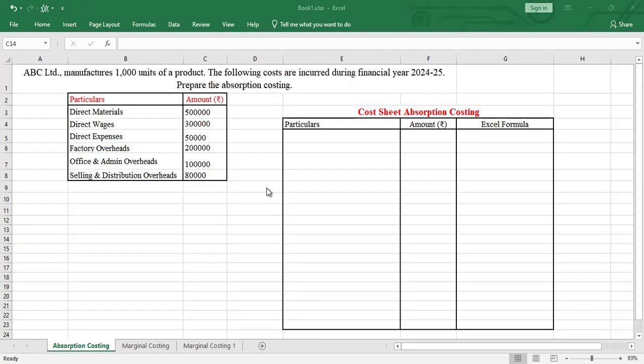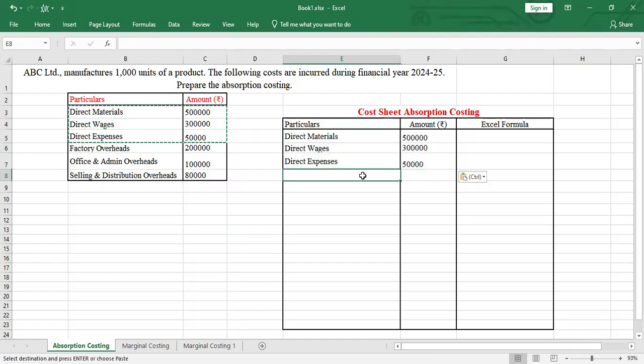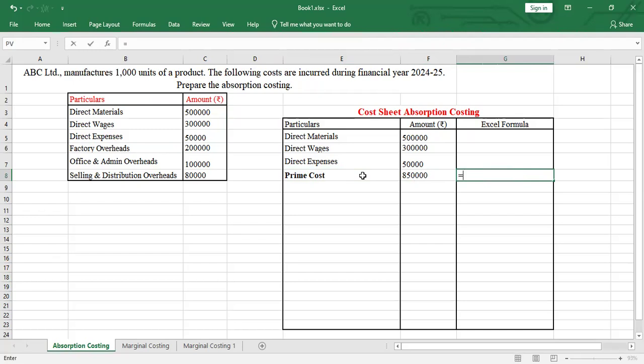Now heading towards the solution, as everyone knows, absorption costing is also said to be total cost costing, where we will consider each and every cost. So let's find out the total cost per unit. Direct material and all that. If we add all these things, we will be getting prime cost. The prime cost will be 8,50,000. How to get 8,50,000? This is equal to sum,